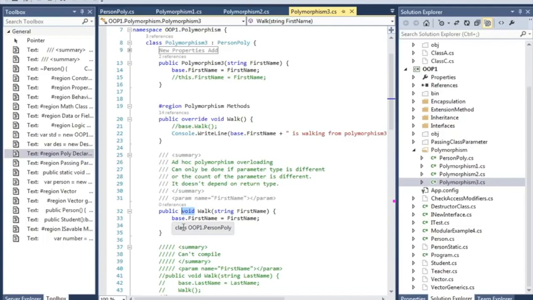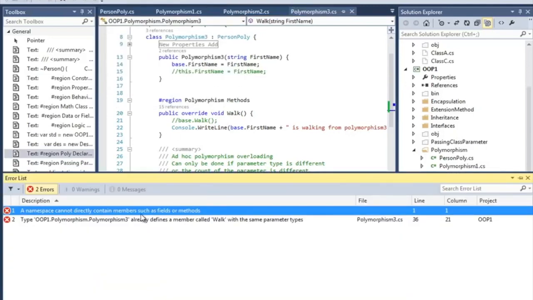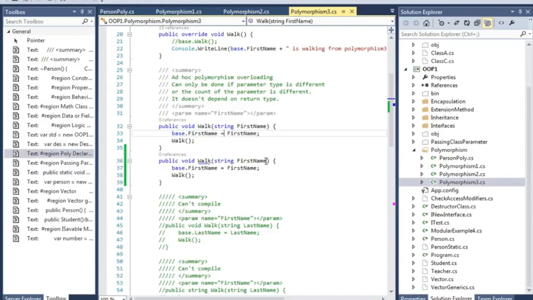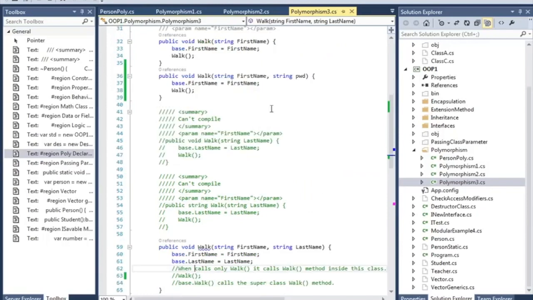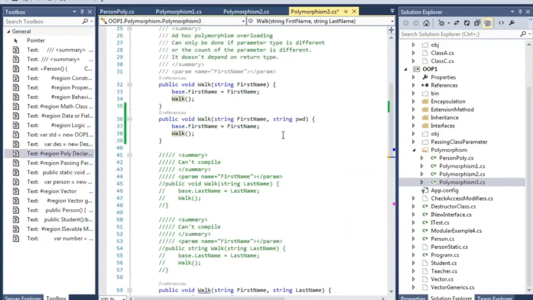The compiler will give you an error. So if you have two methods the same, and I try to compile it, I will have an error. But if I have a different parameter or additional one, oh, it is complaining that we have the same number of parameters. It was just fine, sorry, my mistake.